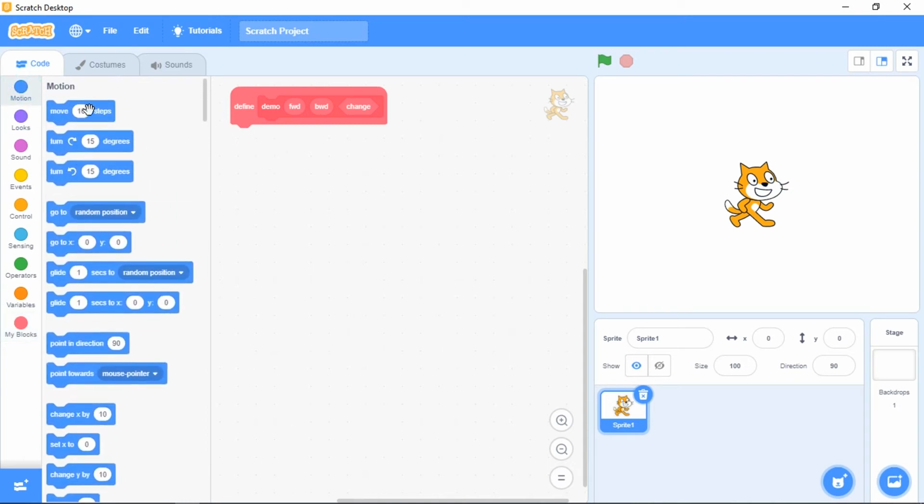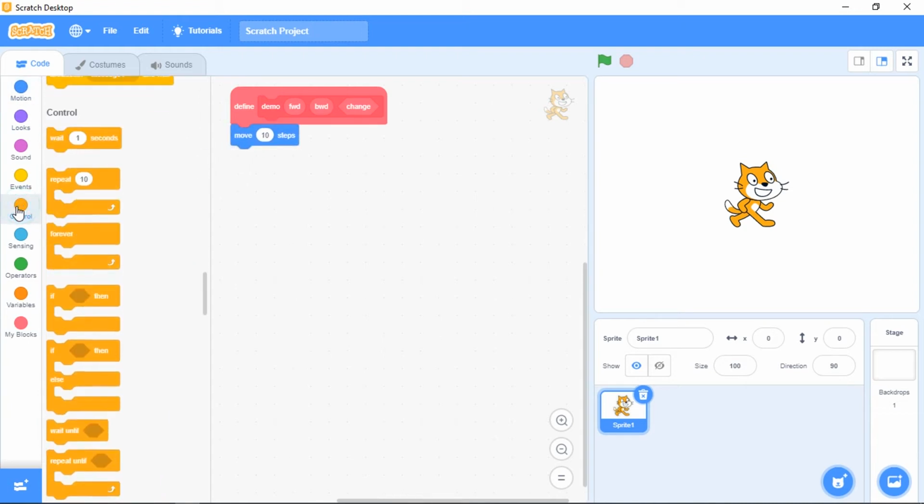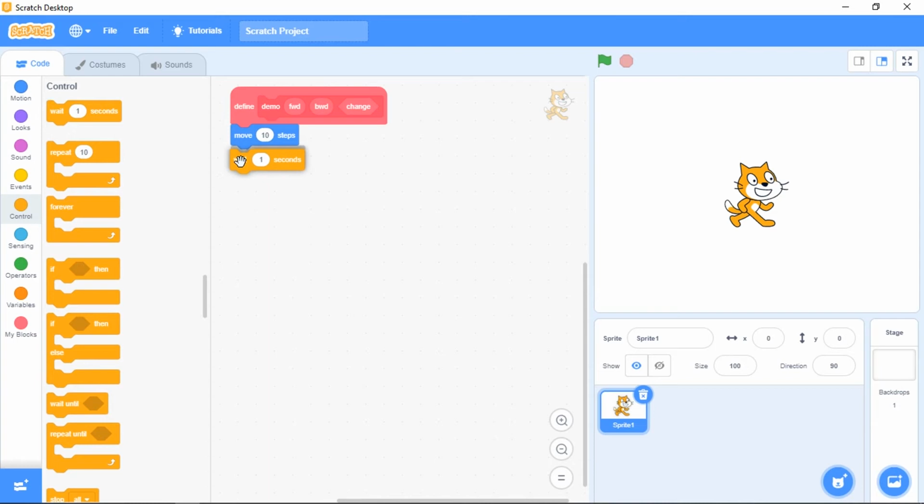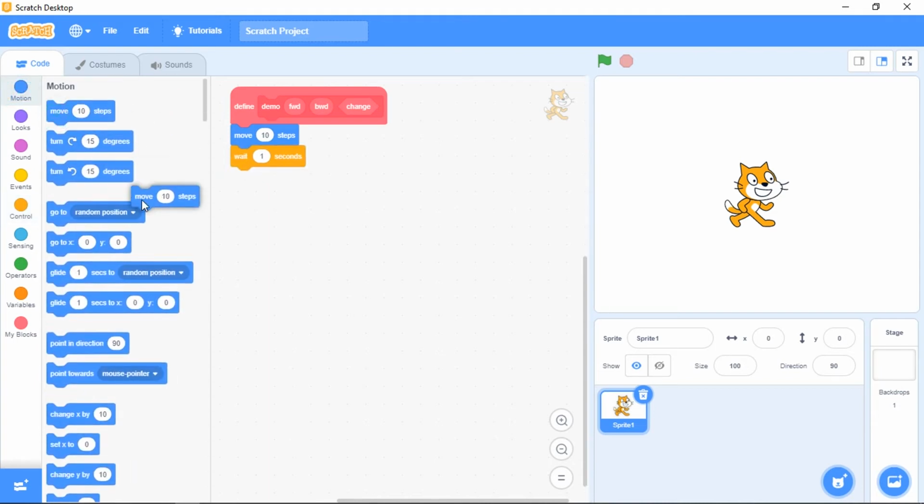Next, Motion, Control, then move. One for forward movement of the cat, another for backward movement. For forward, just drag and drop it over.